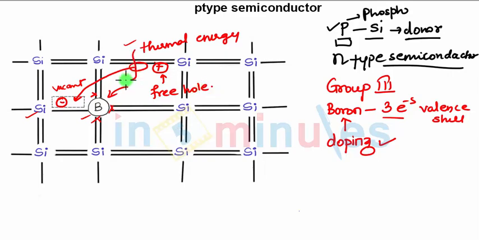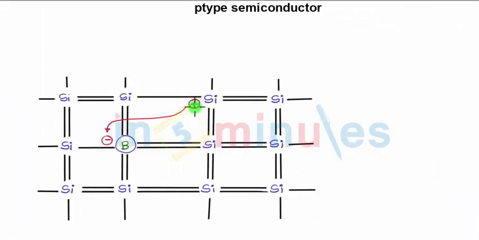Now you can see this electron from this silicon bond is getting transferred over here. When this electron is transferred from this point to this point, a negatively charged ion is created over here and a positively charged hole is created over here. Initially, one bond position was open over here. Now the boron atom, after getting an electron, gets a net negative charge but cannot move, and a hole is created over here because of the movement of the electron from this atom to the boron.